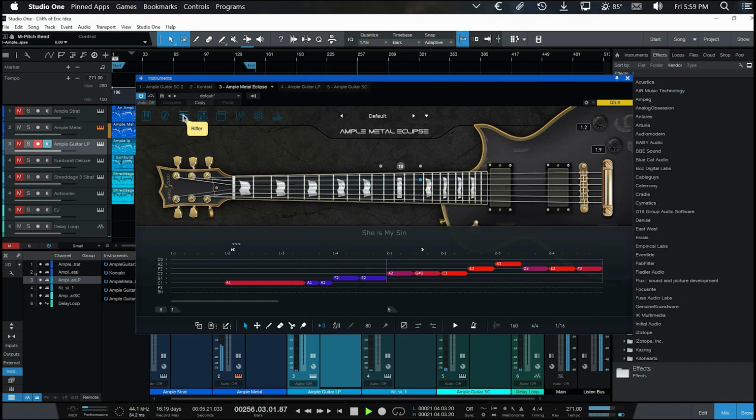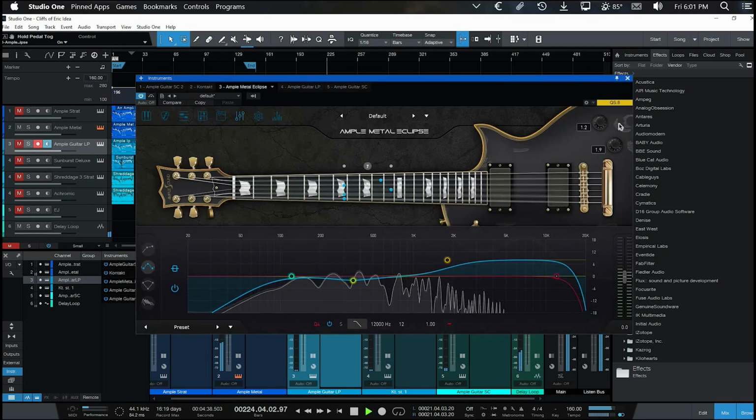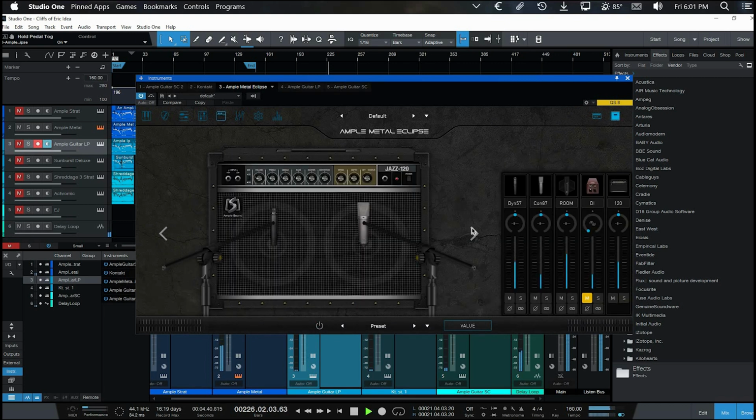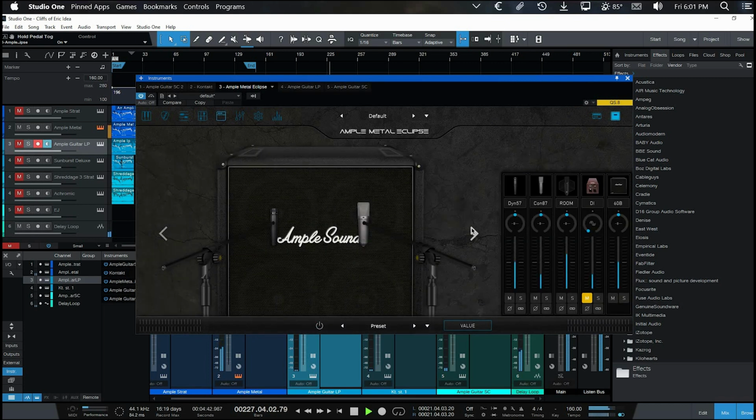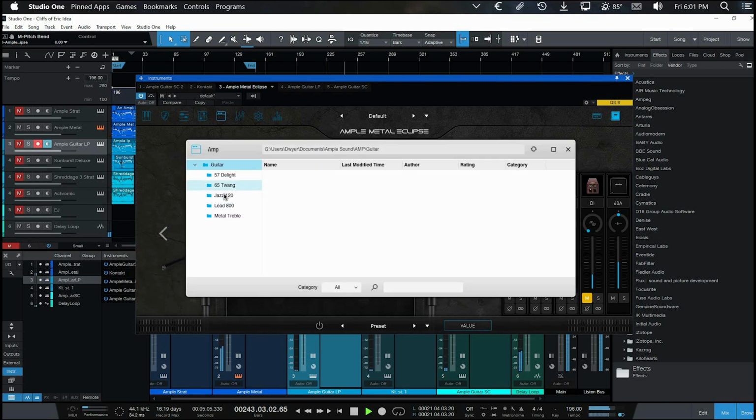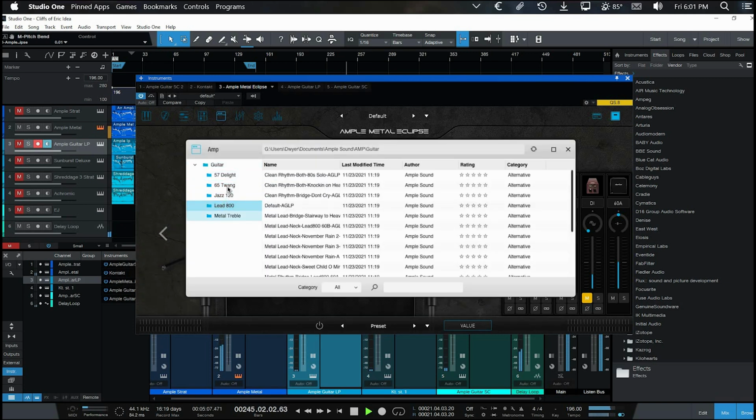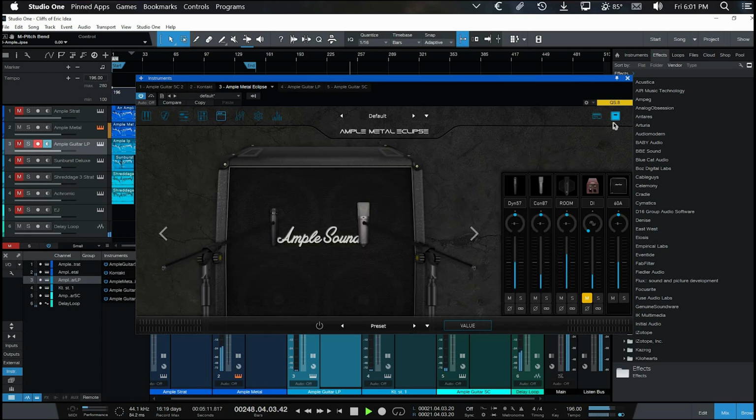I can't stress enough how impressed I am as a musician by this. All of the default patches when you load the plugin in also sound stellar, and that's on every single Amplisound plugin that you download. And to complement that, they have a decent preset library built in. There are guitar presets, and there's also amp presets. I honestly don't have enough time to get into all the features under the hood, but they have